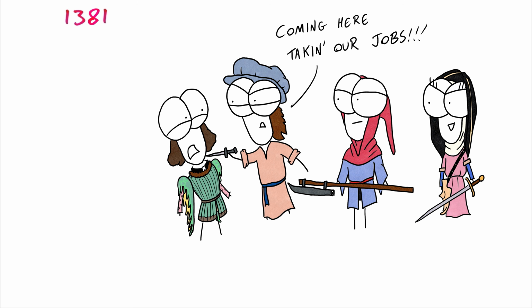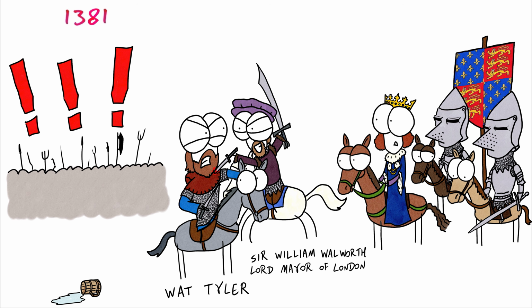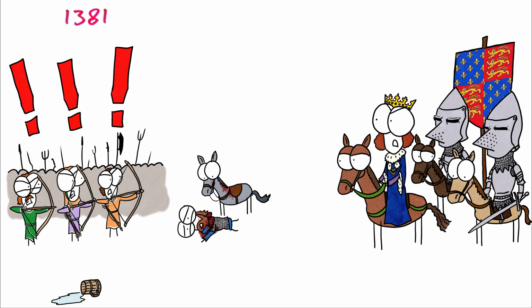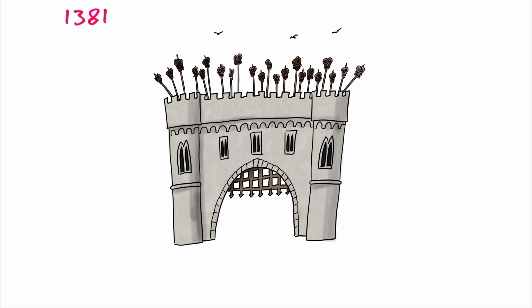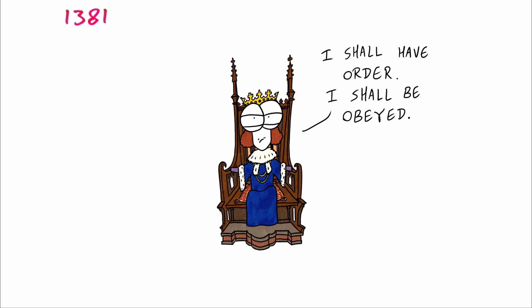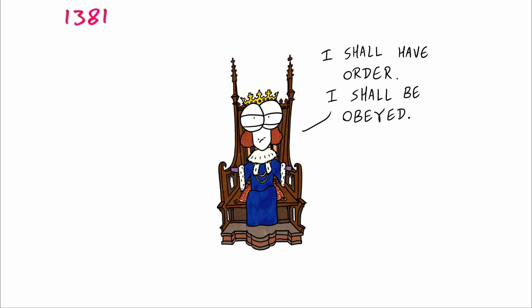Yay, xenophobia. The next day, the king met with the peasants again at Smithfield, only for the Lord Mayor of London to stab the rebel leader Wat Tyler. Richard was still able to show great leadership, demanding the peasants follow him, only for them to round up the rebels and publicly execute the dying Wat Tyler, killing the rebellion. Richard went on to have many of the rebel leaders hunted down and brutally executed, sending a message to the people. Richard learned the importance of strength in his rule.